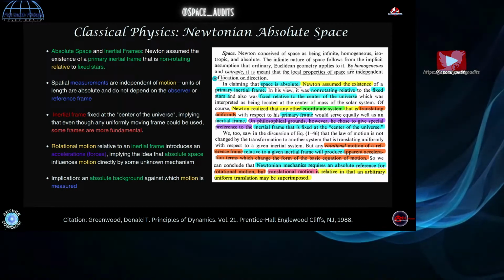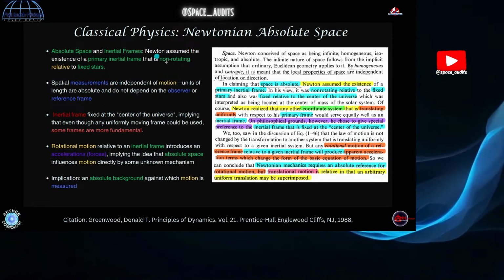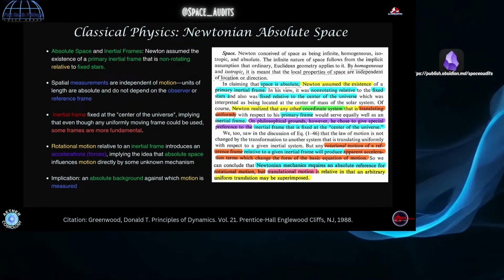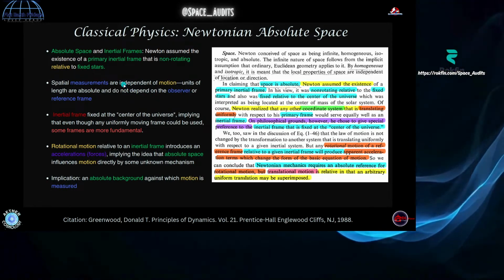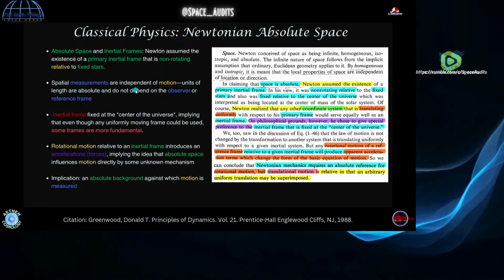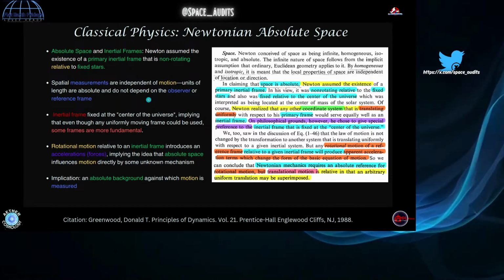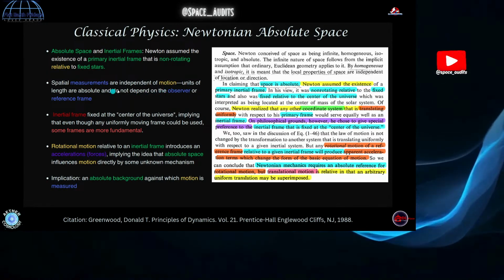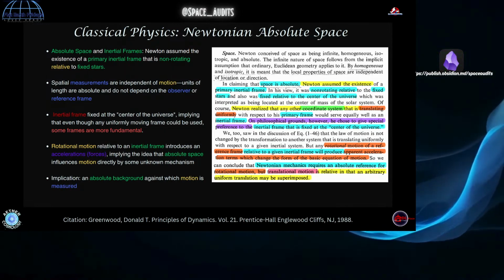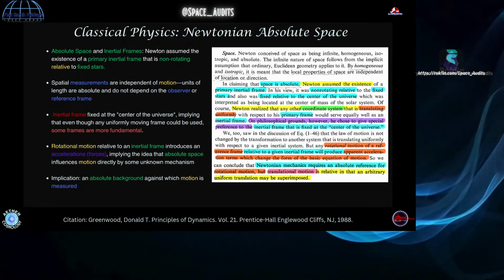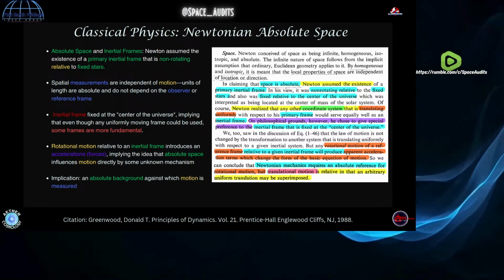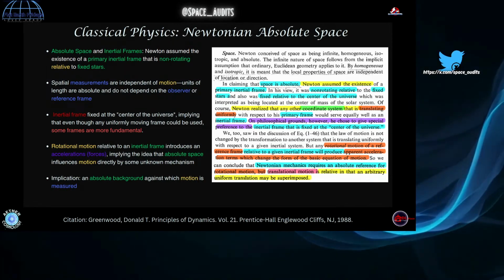So absolute space. What is it, right? It's this fixed coordinate system that all things are going to be relative to. So Newton determined, which we'll get into how he determined this, that a reference frame that is in uniform transitory motion, his equations hold good in there, and there's not going to be any inertial forces acting on that frame. And you can use that as an inertial frame.